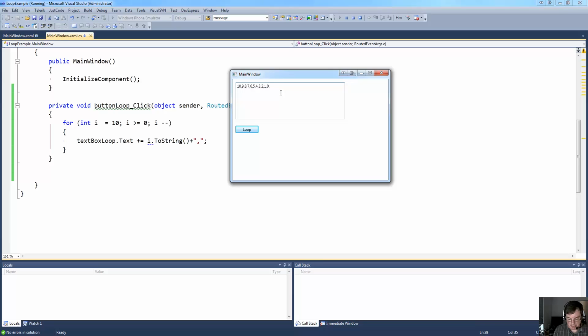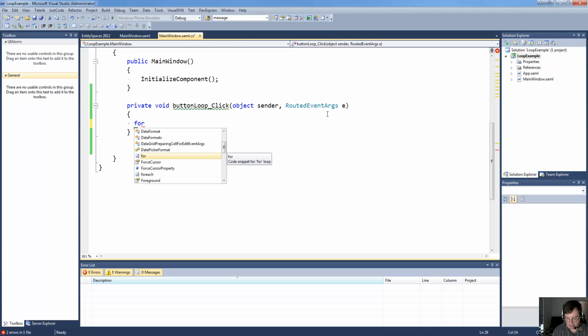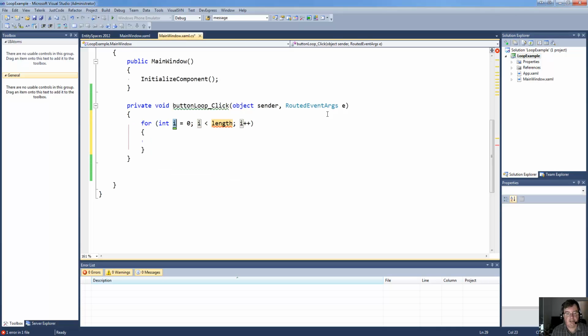I'll take out the existing loop and I'll make a new loop. Okay, so we're back to the default values, remember? So we're starting at 0, we're checking for something that's less than a certain length, and we're adding 1 every time we loop. I'm going to set the length to 3. Okay, that works fine. And each time we go around the loop, I'm going to add a message to the text box. So I'm going to say plus equals